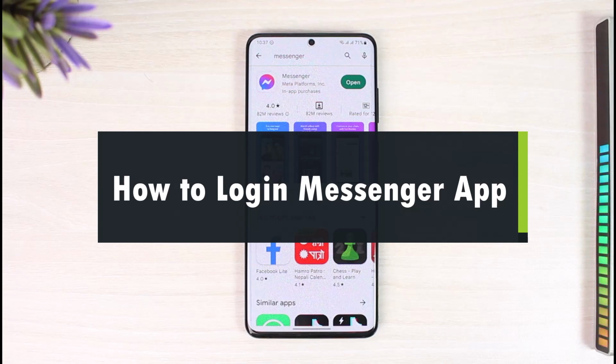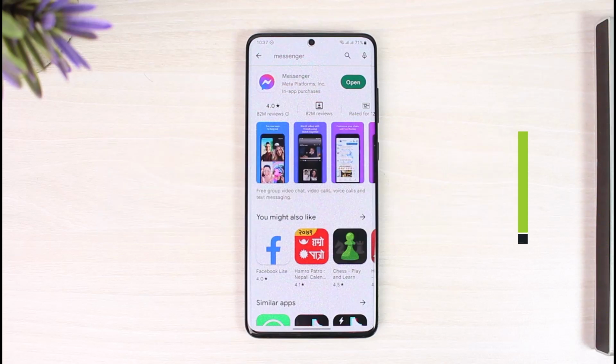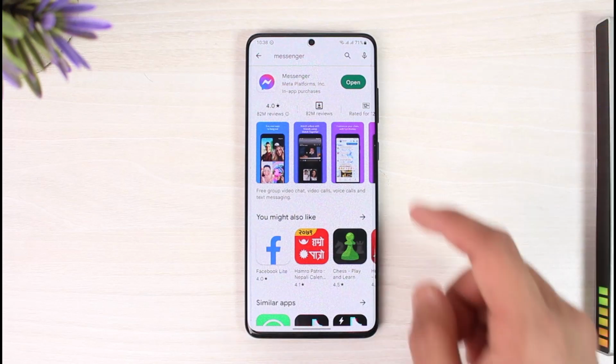In today's video, I'll simply guide you through the steps on how you can log into your Messenger app, so make sure to watch the video till the end. In order to basically log into the Messenger app, all you have to do is just open the Messenger application